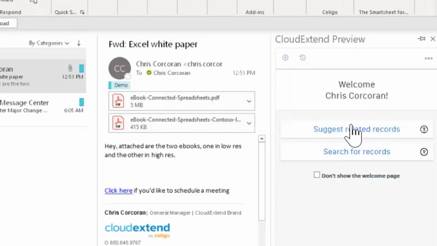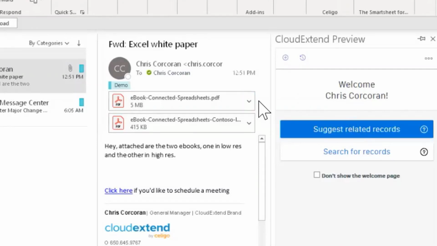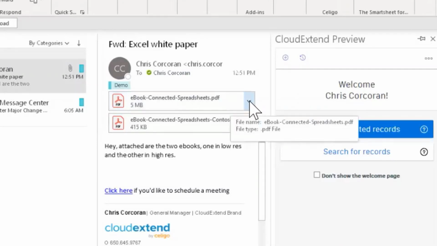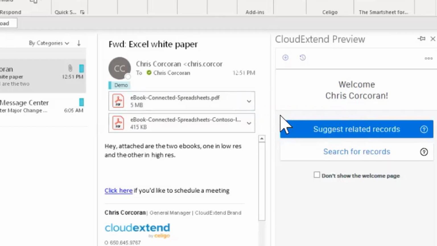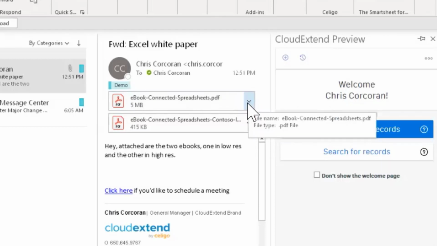So what I'm suggesting, if storage space is really critical for you, or let's say maybe you have got a limit. Maybe you say anything over 10 megabytes, which by the way is the max that NetSuite allows for web services to attach anyway. So you might want to say if it's a larger file, then you always want to store that file on the CloudExtend Files tab. Anything smaller, maybe it's okay to put in the file cabinet. Come up with whatever works for you. But if you do want to use your